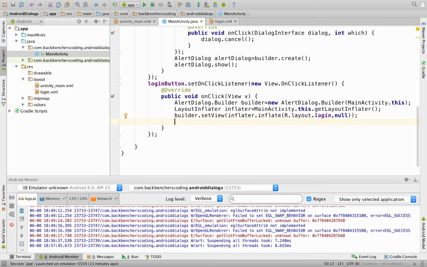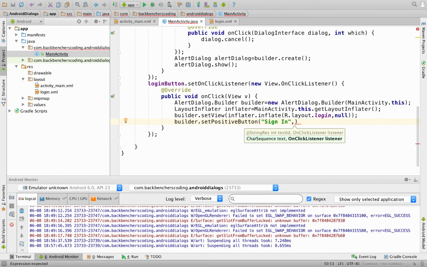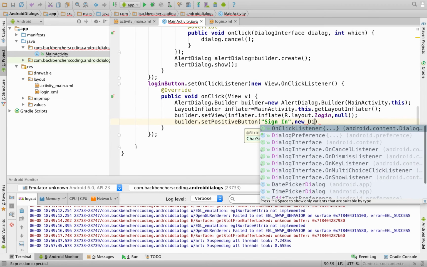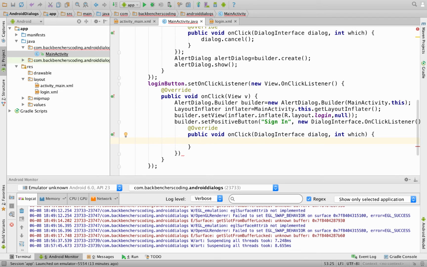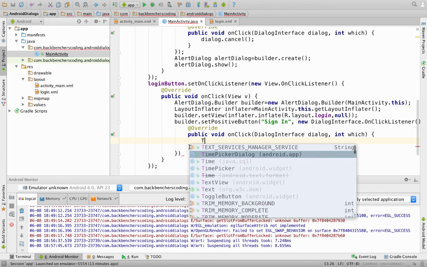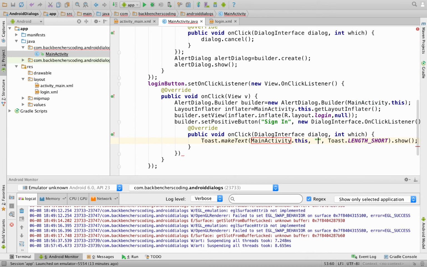After which we are going to add action buttons like setPositiveButton and setNegativeButton. So builder.setPositiveButton, within which our text would be Sign in, and we'll apply a listener to it, new DialogInterface.OnClickListener, which overrides the onClick method, in which we are going to generate a toast and our message would be Signing in. After this we are going to set the negative button.